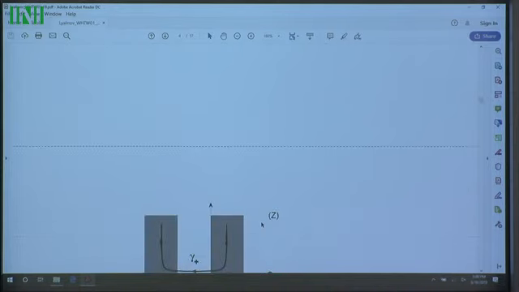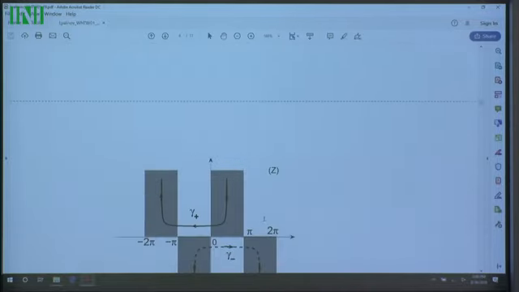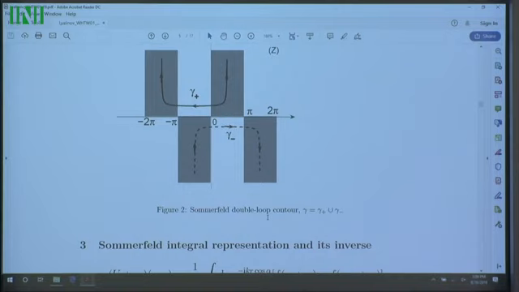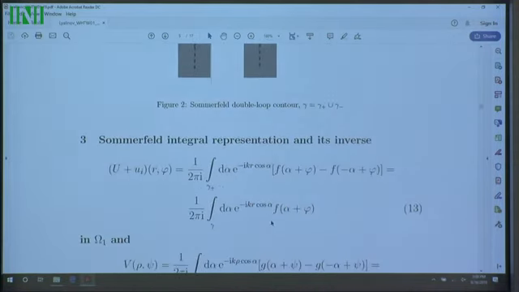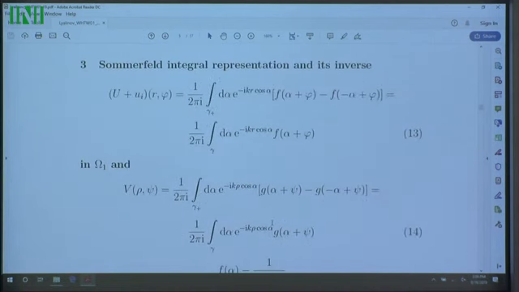Now I would like to turn to my reductions. Applying the Sommerfeld-Malyuzhinets technique, I would like to reduce my problem to some kind of functional equations, in my case functional integral equations. What can be done? We are looking for the solution in the domains omega 1 and omega 2 in the form of the Sommerfeld integrals. This is quite a traditional object,